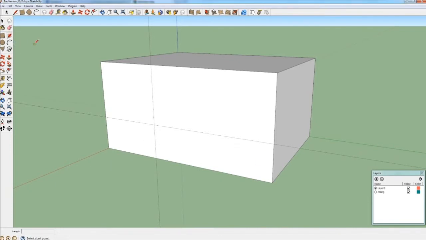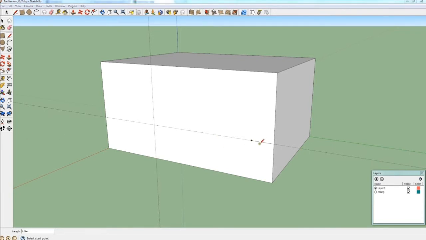I need to make also a platform here. So I take the line tool and I draw a line 1.7 meters long. And now the stairs, they should begin here and just end at this point.